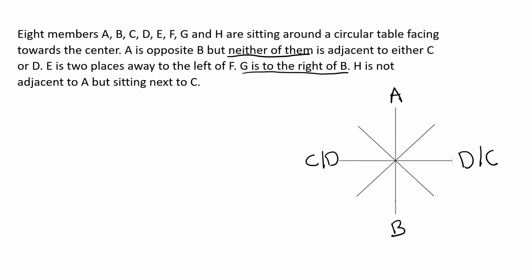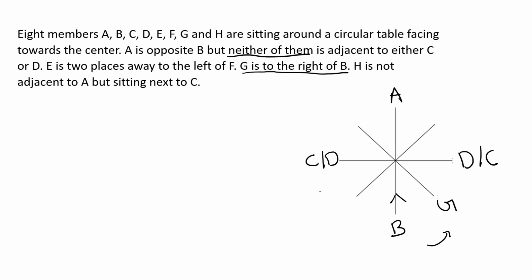Assume that you are sitting at this position in the place of B, and assume that you are facing towards the center of the table. Now this will be right of B, and you are given that G is to the right of B. In addition to this, we have to understand one thing. While working on a circle, if you are given a condition saying that G is to the right of B, we have to consider it as immediate right. So what should we understand from this one? G is to the immediate right of B. But this is applicable only in a circular arrangement. That's a different case scenario when it comes to a linear arrangement.